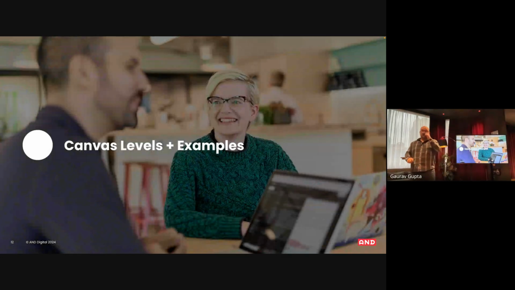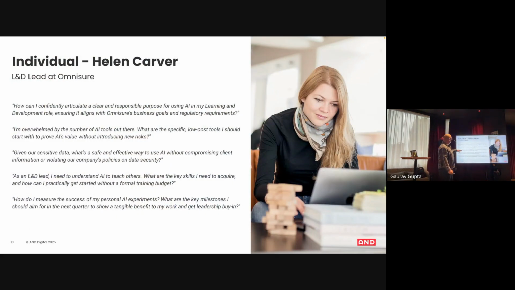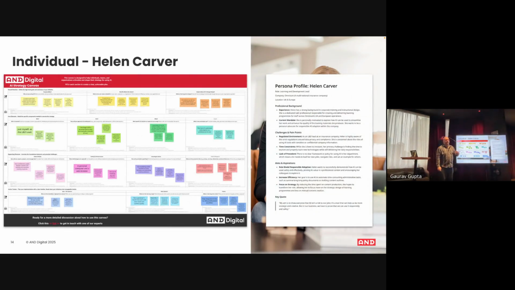Okay, a canvas is useful, but a canvas with examples is better. That's why, if you look on the Mirrorverse version of this, you'll find these examples. I'll skip a couple of things because there's quite a lot of words on this one. But what I've done for the examples is I've produced 3 personas.